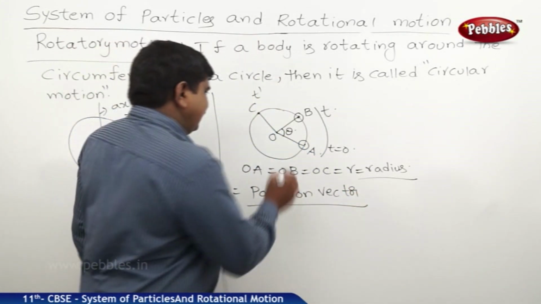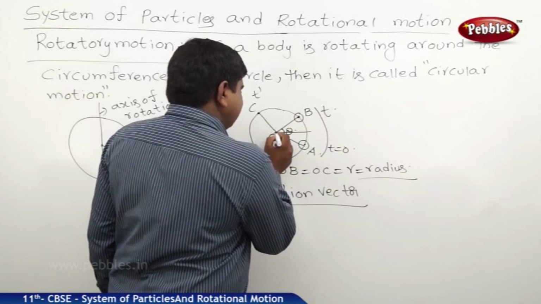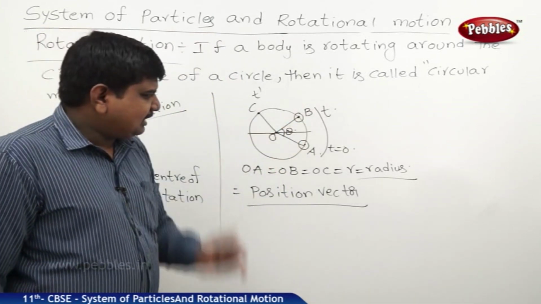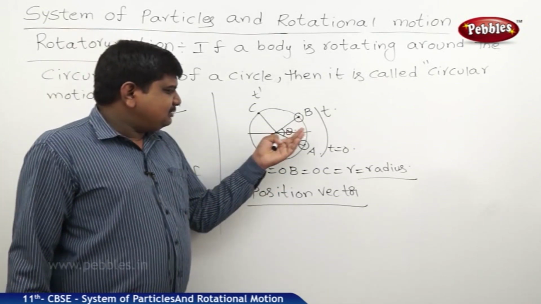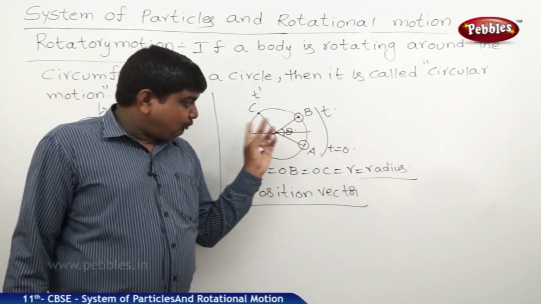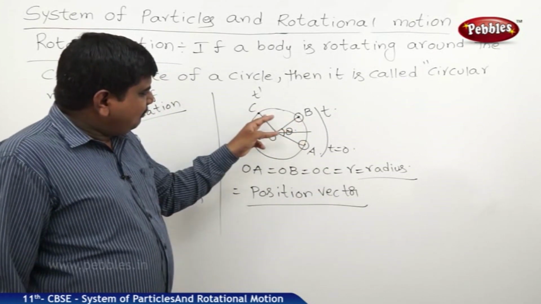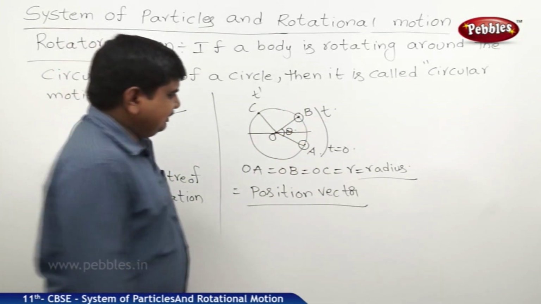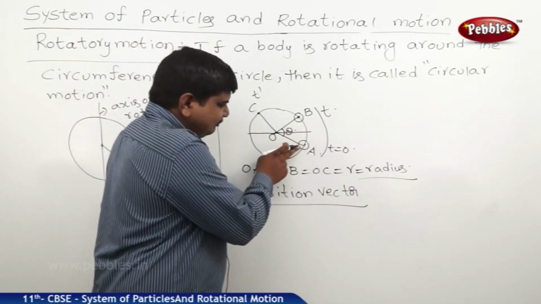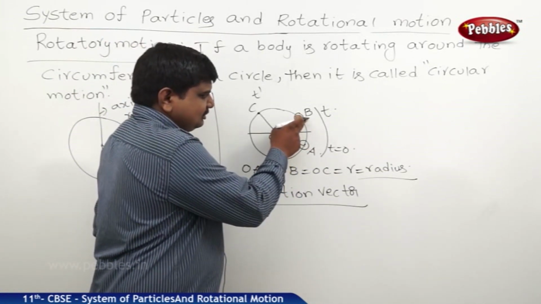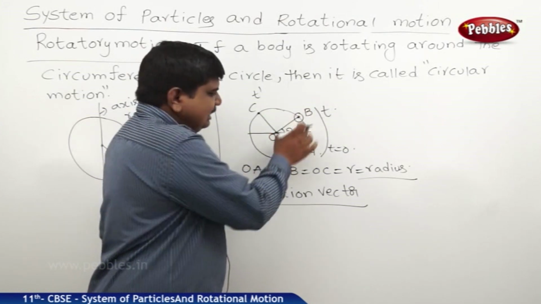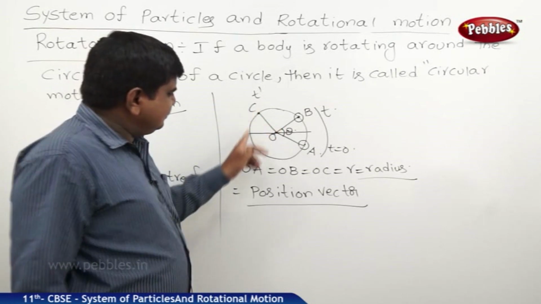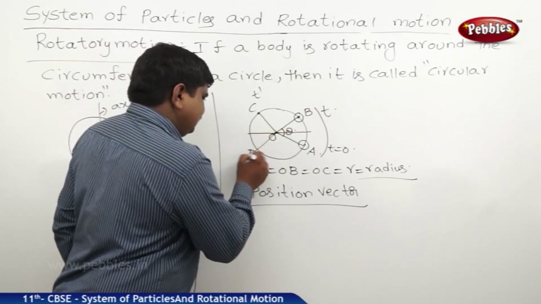Now I am drawing a line which is passing parallel from one end of the circle to the other end of the circle. With respect to this parallel line passing through the origin, all these particular positions of the body are at different angles. Here it is making one angle with respect to A. When it is jumped to B, not traveled to B, it is making another angle. When it is traveled to C, another angle; travel to, let us suppose, D, another angle.